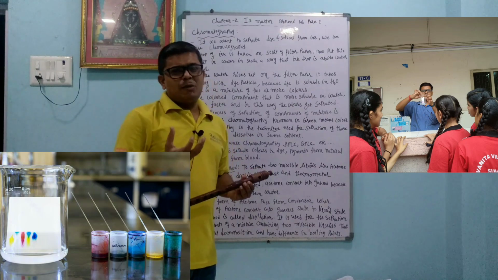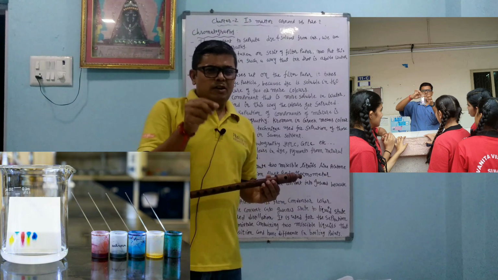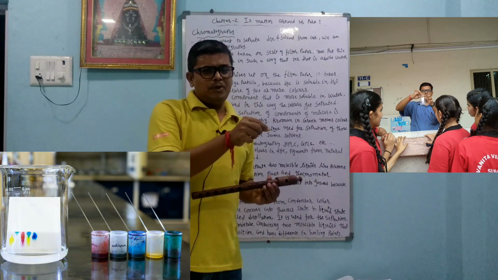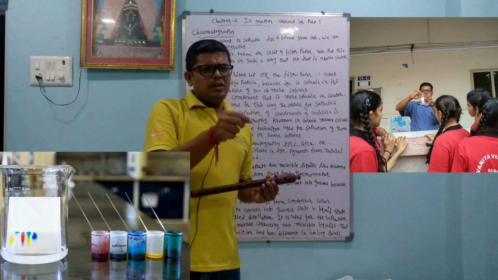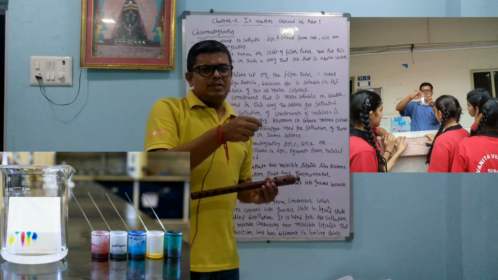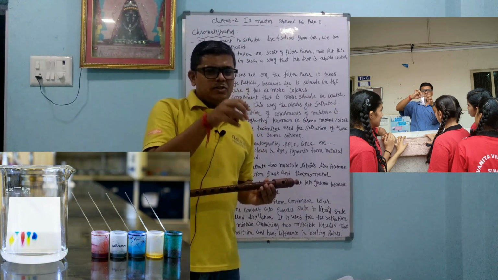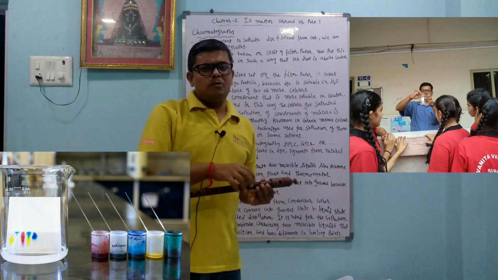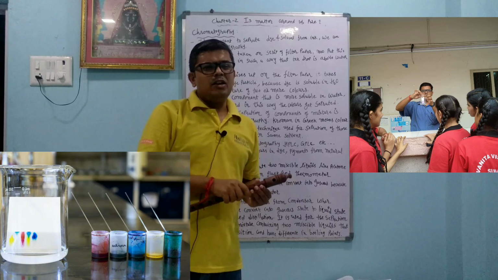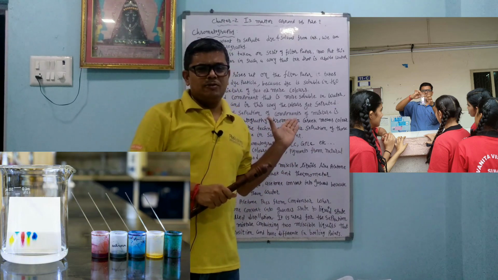Dear student, we can also separate some components from syrup or medicine. We have to make a solution, and put 1 drop of that medicine or syrup on the filter paper. Now you put the same filter paper in the water. In the syrup or medicine, whichever soluble parts are there, they are separated by capillary action. The water rises up and carries the different components of the medicine or syrup. Like that we can separate different components. This technique is not used only for ink, you can use it for many mixtures.